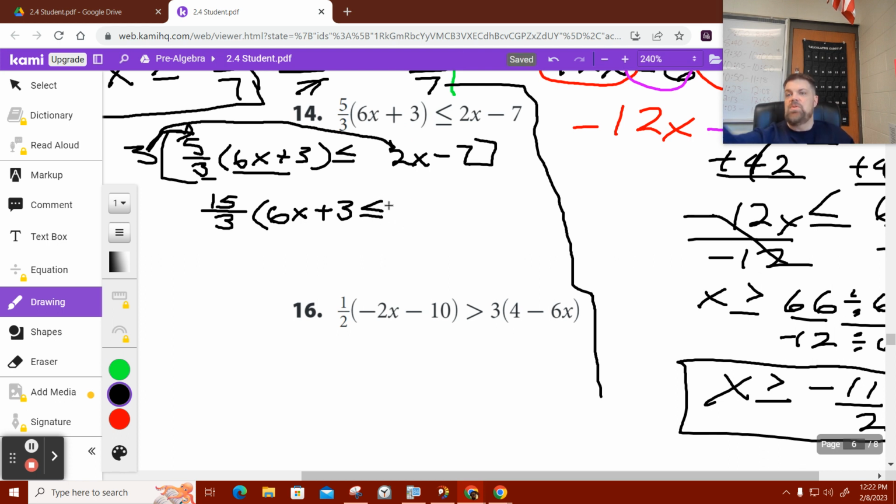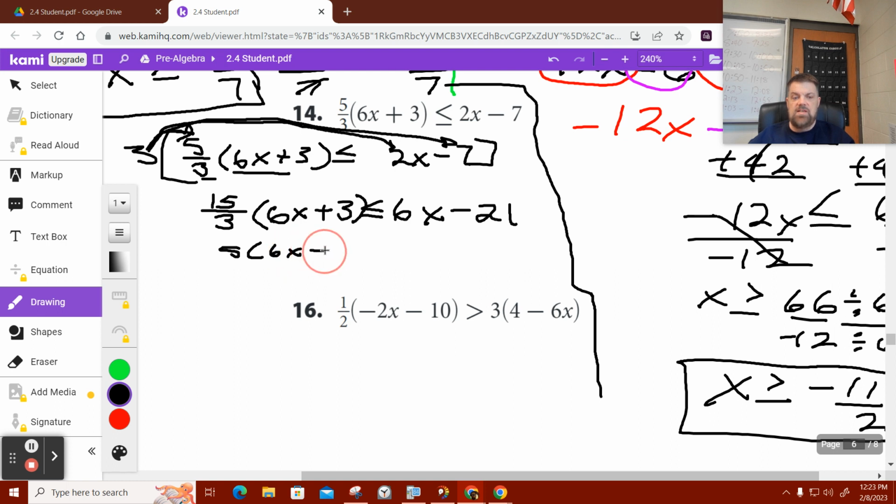So what's 3 times 2x? 6x. All right. Now, what's 3 times negative 7? Negative 21. All right. Now, we still have a fraction, but that's okay. What's 15 divided by 3? 5. So this becomes 5 times the quantity 6x plus 3 is less than or equal to